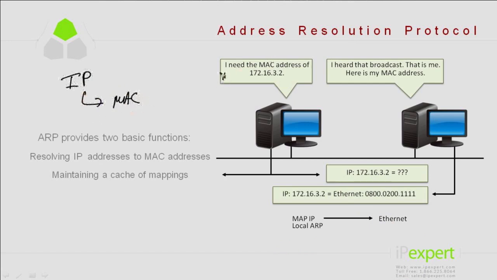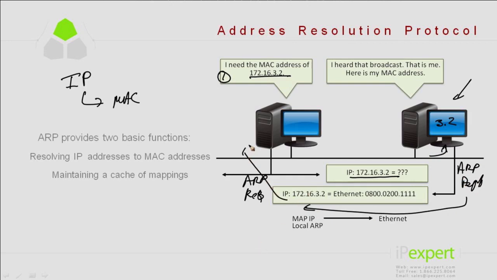So when I go through here, let's look at step 1 of this process. I need the MAC address of whatever computer has the IP address of 172.16.3.2. That just happens to be this guy right here, so I'll just say 3.2. Now when I send this information out, I'm going to send an ARP request out. That ARP request is going to say who has the identity of the layer 3 logical address of 172.16.3.2. Now the moment that arrives here, this system is going to say, oh, that's me, and it's going to send an ARP reply. That ARP reply is going to go through the infrastructure and ultimately arrive,